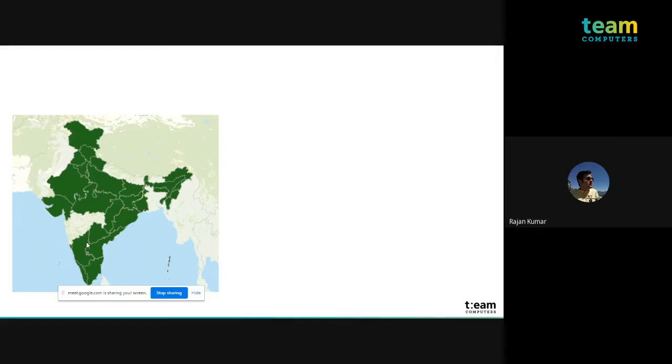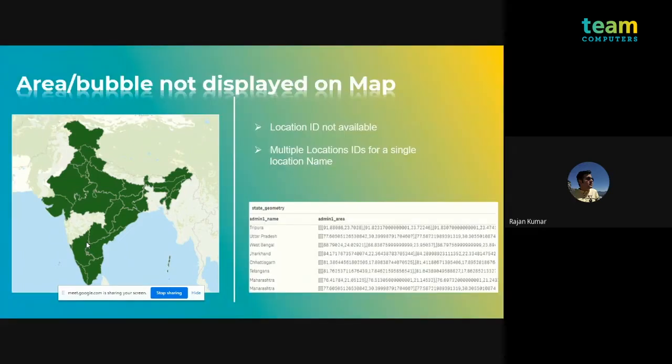If in case anything is missing, the first reason can be it is not there in the data, and the second reason is either the location ID is not available, that is, for Maharashtra I have not provided the location ID, that is why it is not appearing. The second thing which confuses you sometimes is that you have multiple location IDs for the same name.